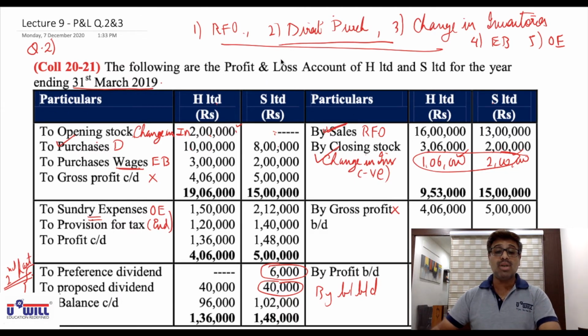So all of you pause the video and try all these notes on your own. And then you play the video and verify whether your answers are right or not. When you take change in inventories in P&L statement, you'll take it as a negative figure because closing stock is more than opening stock. Okay. So if you want, you can rewind and listen to this explanation again.